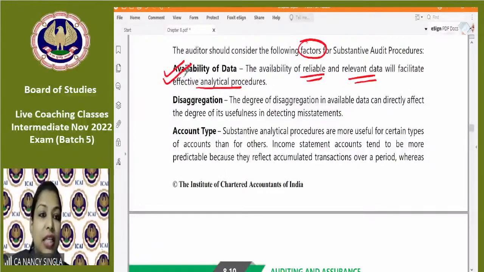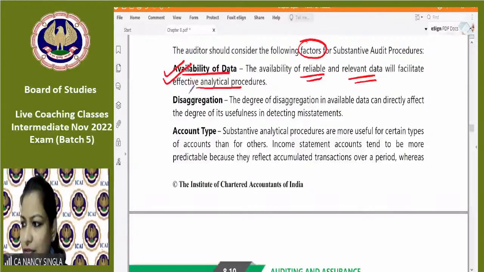So the first factor is what? Availability of data. Is it clear? I need your replies in order to be sure that you all have joined and are back with me. So is availability of data clear? Quickly send in your yes or no. Hitesh Kartika is saying yes, ma'am, it is clear. Okay. The second point is